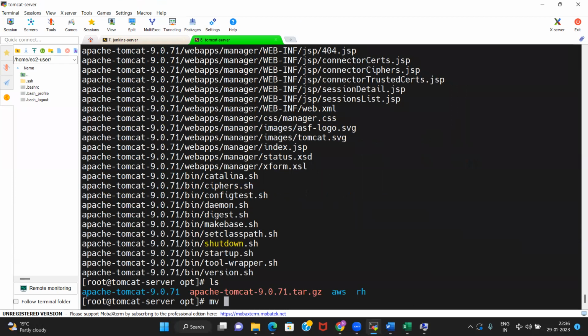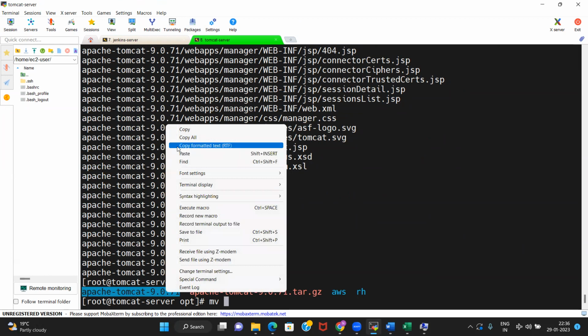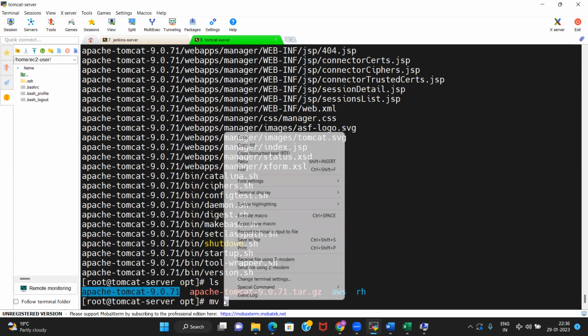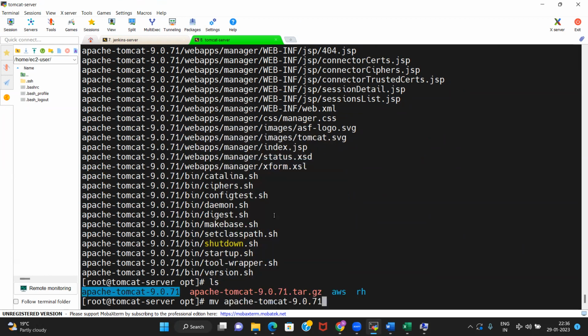Now rename the same thing, right? Kind of a similar step that you have done in case of Maven, right? Same thing, similar kind of step you are doing, but this time with Tomcat. We are doing wget within /opt, and then we have downloaded it, and then also we are renaming it to Tomcat.